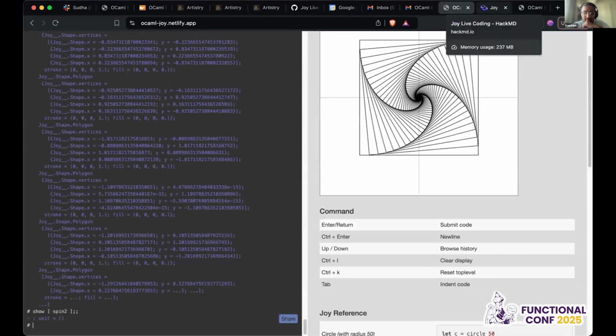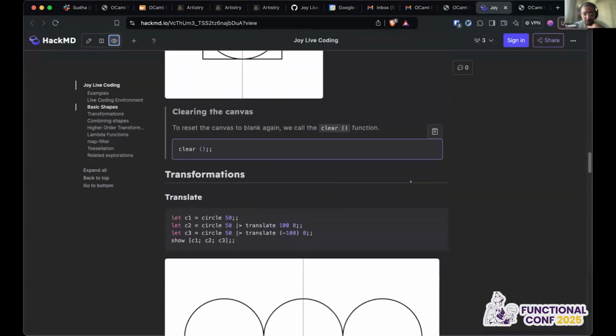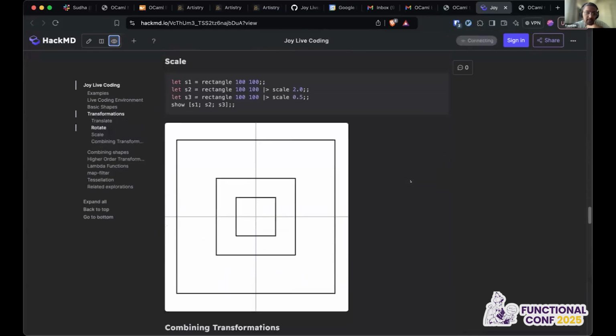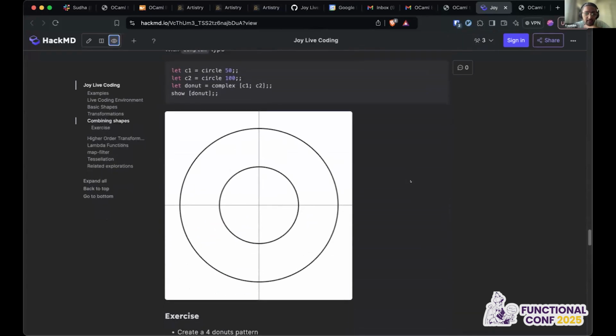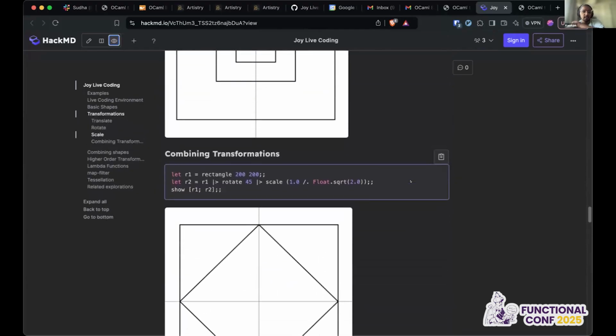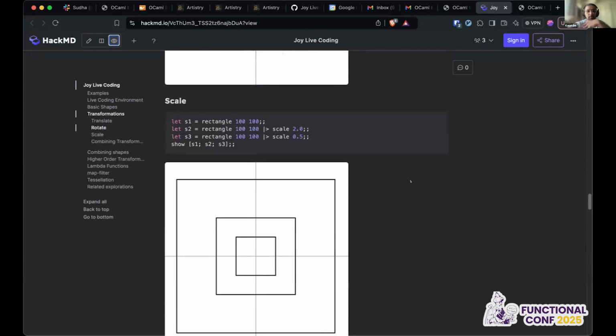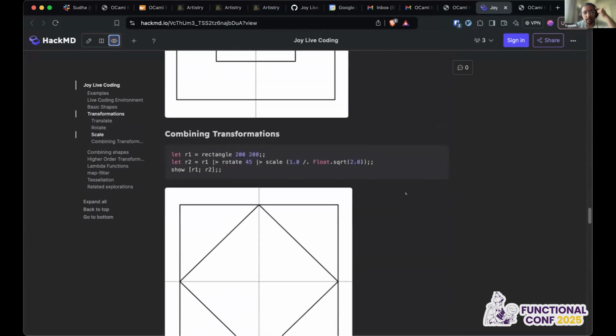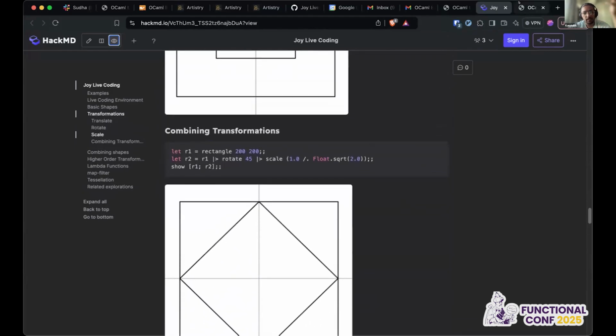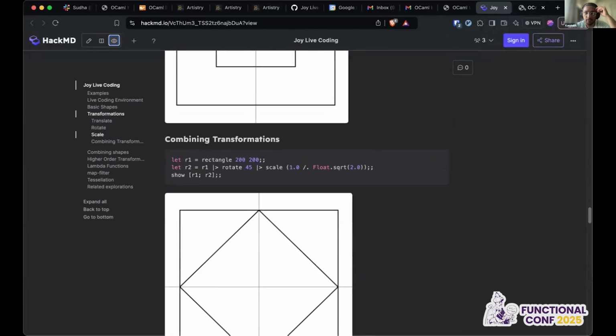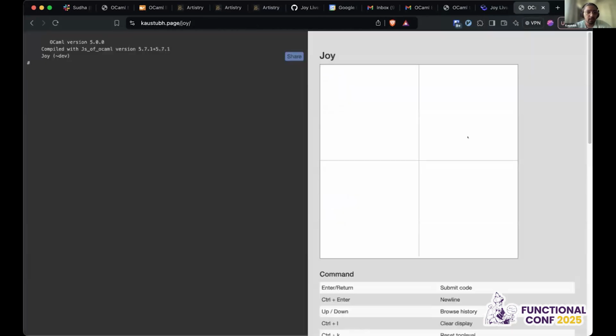Okay. So we looked at a few of the transformations, and now we get to the really interesting part, where we can combine transformations on the same shape multiple times and get even more interesting patterns. So, for example, I want you all to also follow along and keep trying out things on the canvas. If we start with a rectangle, like let's say